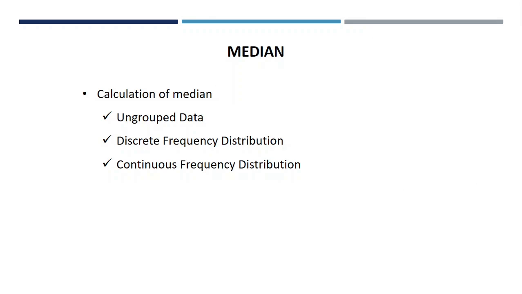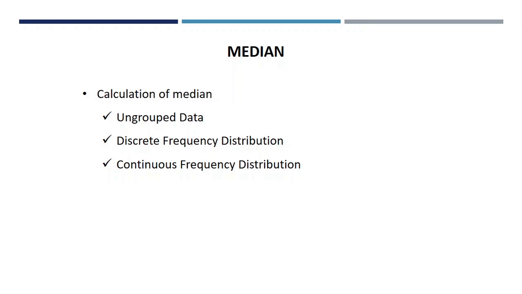Here we have seen the median as a measure of central tendency and how to calculate the median for ungrouped data. In case we have an odd number of elements, the middle element is the median after arranging the elements in ascending order. And in case of an even number of elements, after arranging the elements in ascending order, take the average of the two middle elements, and we will get the median.